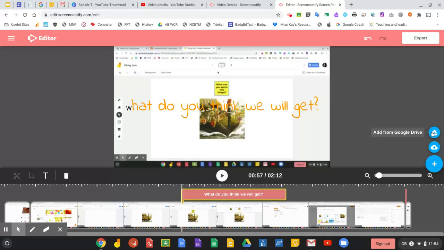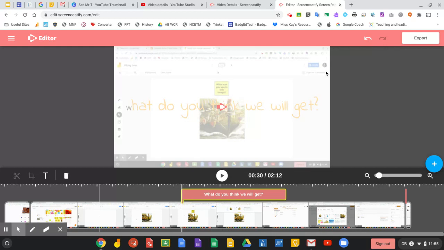So that is a way to use the editor, and it's quite effective. Again, you've got the undo function. You can get rid of bits that you don't want, and when you're finished, all you need to do is go up to